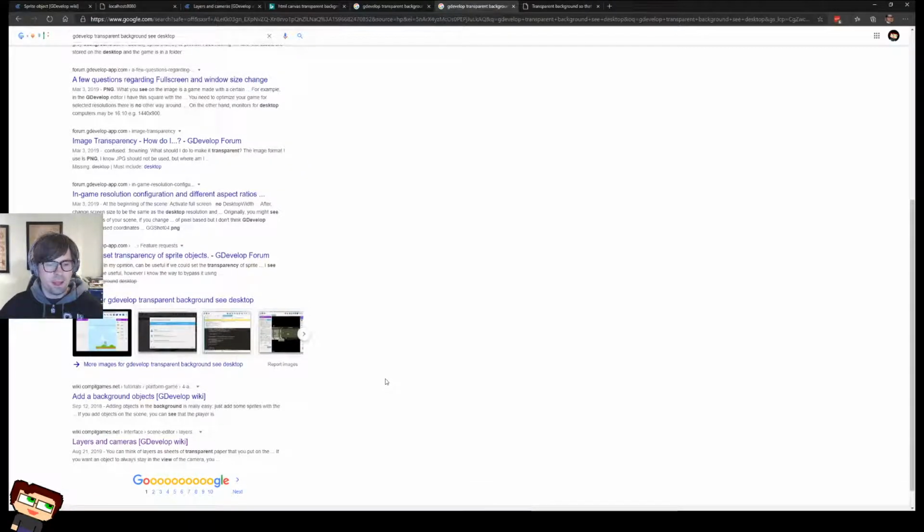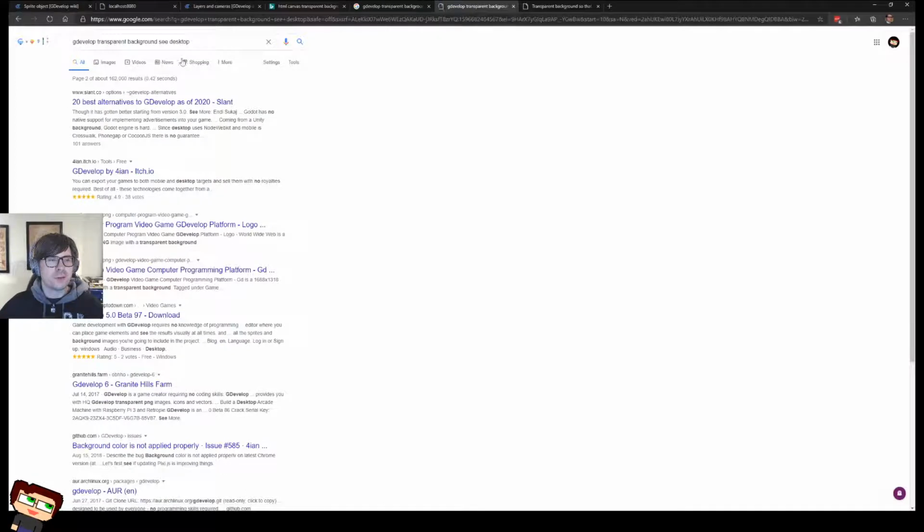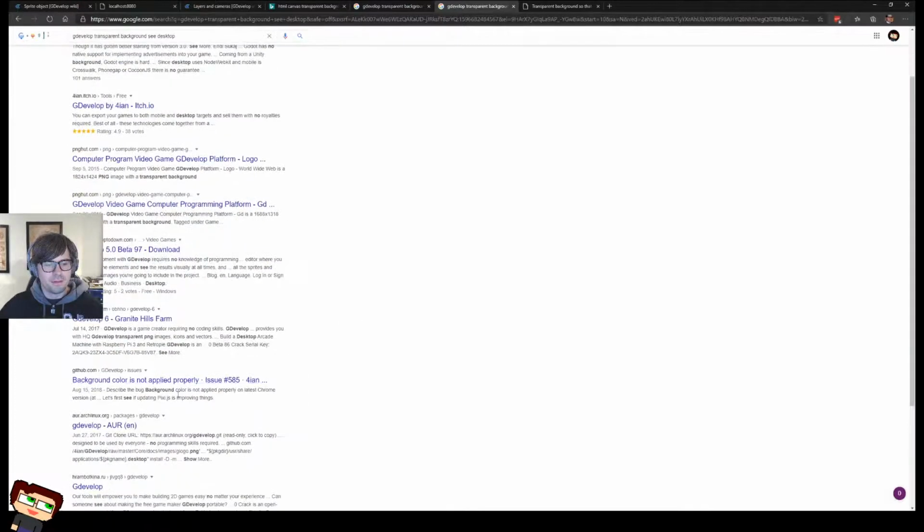Yeah, this isn't showing up in a quick Google search, but I think that's where we're going to go. Ooh, harsh. Oh wait, what is this? GDevelop 6? Well, that can't be right. Not applied, probably bugged. Yeah, on the latest Chrome version.